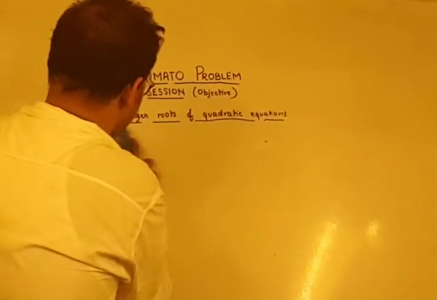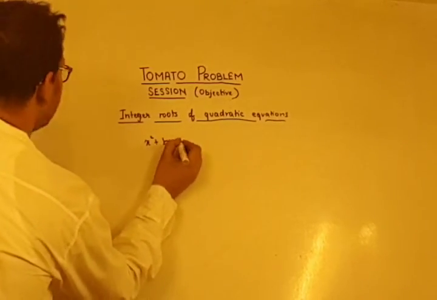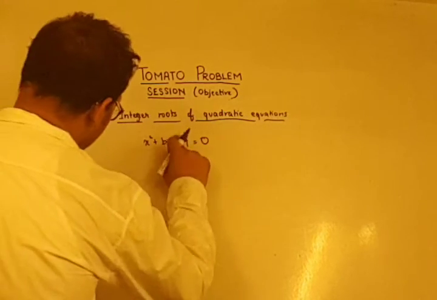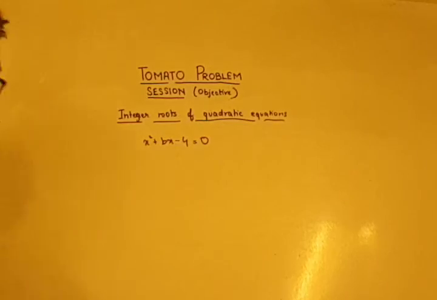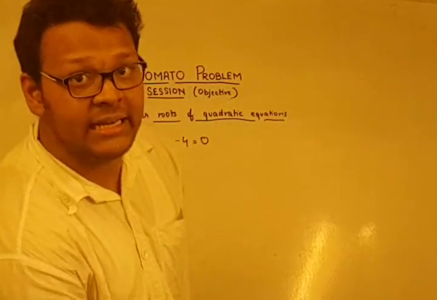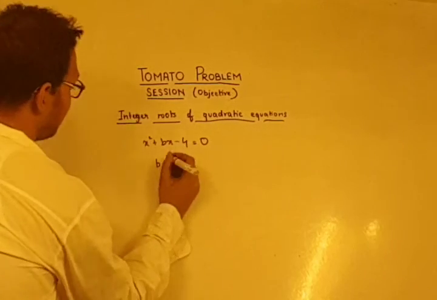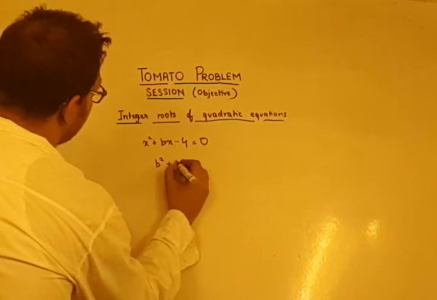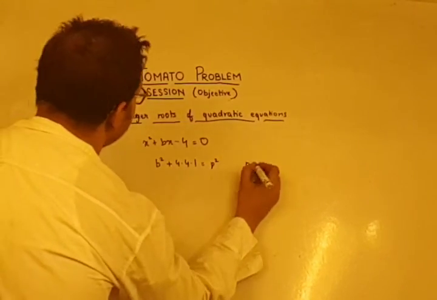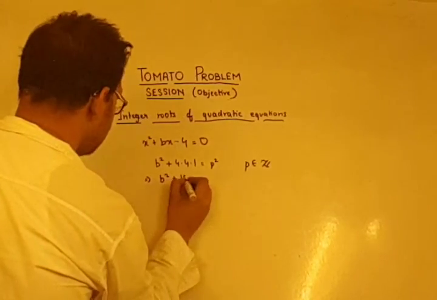So we will use these two rules, and the equation given to us was x square plus bx minus 4. By our first condition, the coefficients 1 and minus 4 are already integers, so b must be an integer. The first condition is b must be an integer, and the second is the discriminant must be a perfect square. So what is the discriminant? b square plus 4 into 1 into 4, that is b square plus 16, is a perfect square, say p square for p belonging to Z. So b square plus 16 equals p square,